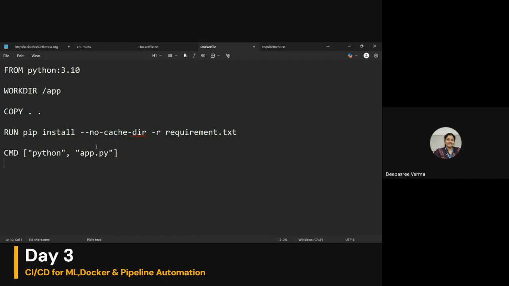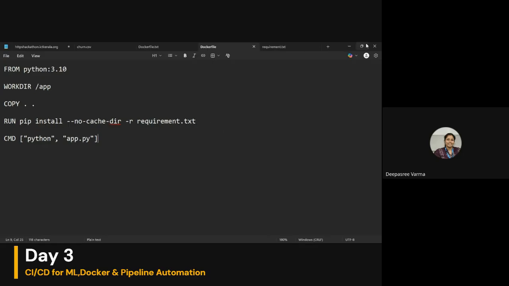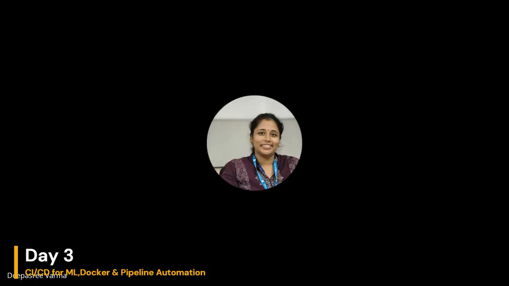Rather than that, I am just keeping a Docker file which instructs that when the Docker image is executed, two things should automatically happen. One, installation of the requirement.txt, and then running of the app.py file. I hope you have copied this, saved this, and now you can close this.